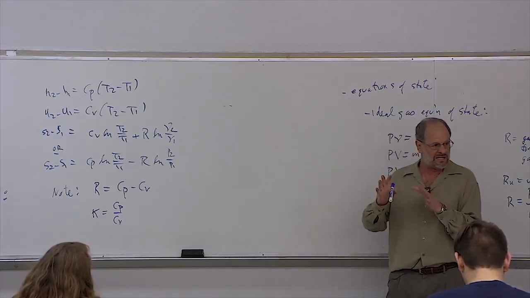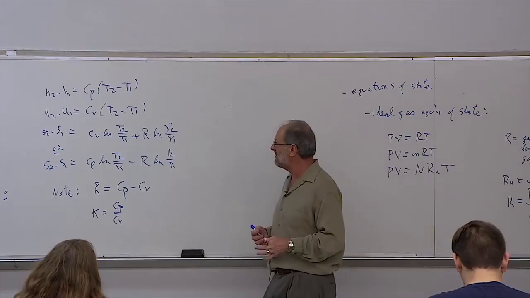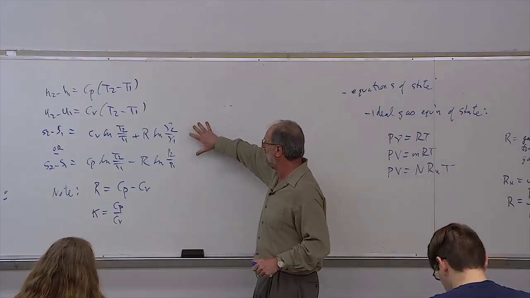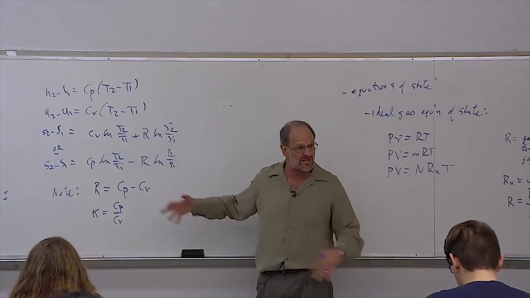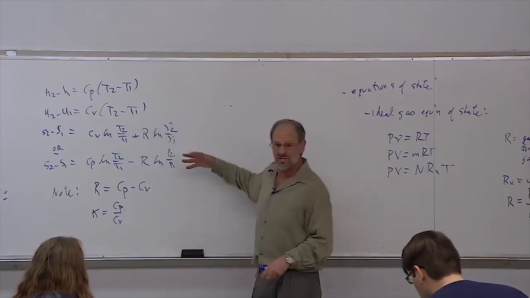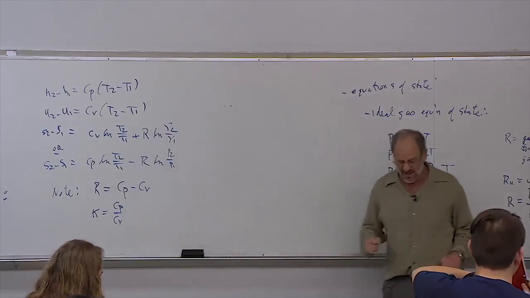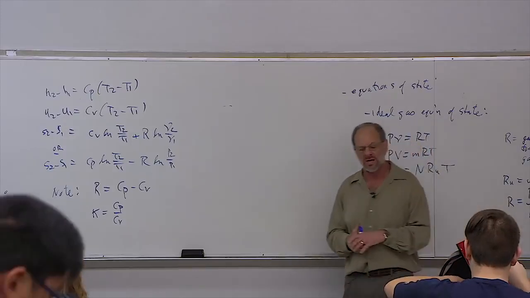So we're not done with the review, but this is all the time I have for today. The next thing we're going to do is talk about, well, what if you have an isentropic process? In other words, if these equal 0, what kind of equations can be developed from that? And again, we'll start talking about this on Wednesday.